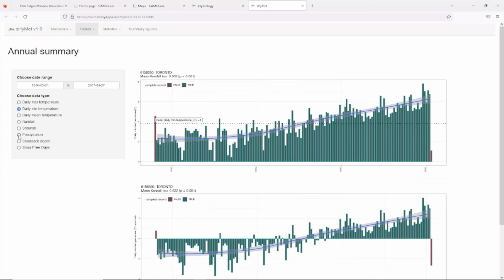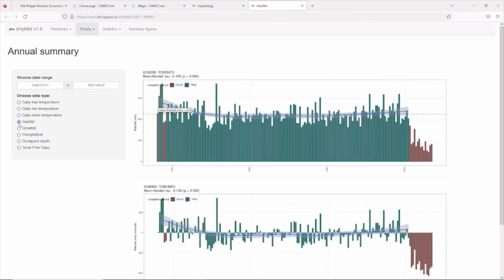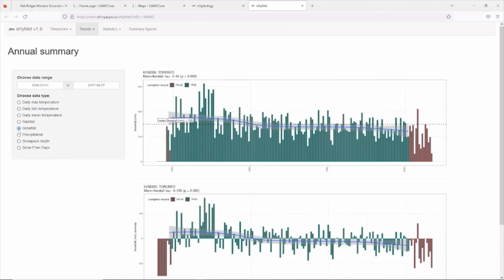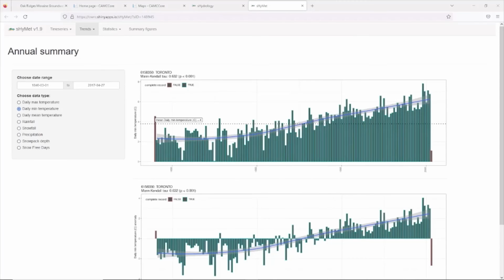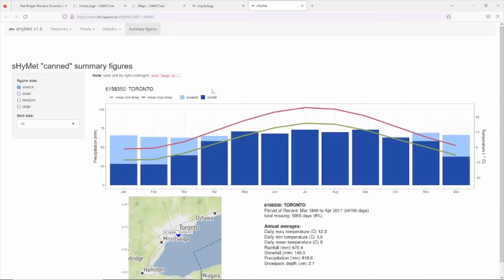We can also look at precipitation that falls as rainfall. We can look at snowfall, and so on. I'm going to wrap up this video by clicking on summary figures. And when we go here, this just gives us a series of